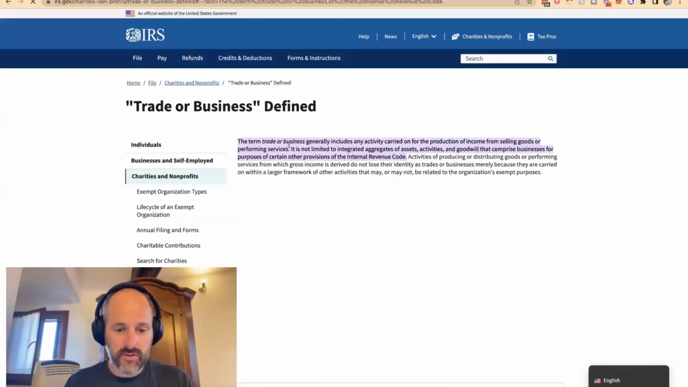The term trade or business generally includes any activity carried on for the production of income from selling goods or performing services. It's not limited to integrating, aggregating assets, activities, or goodwill that comprise a business for purposes of certain other provisions of the revenue code. Activities producing or distributing goods or performing services, from which gross income is derived, do not lose their identity as trades or businesses merely because they're carried on within a larger framework, and so on. So,